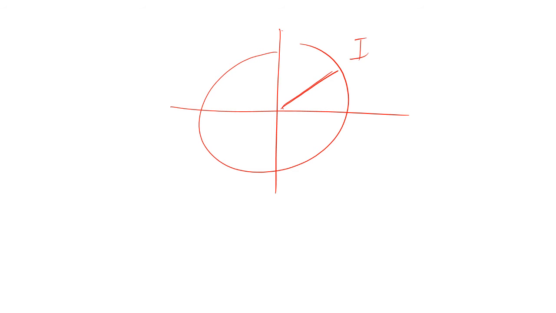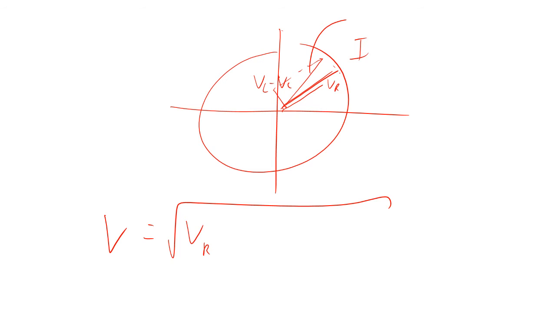Total current, voltage in the resistor, and that's going to be VL minus VC. Well, we've got these two vectors, so by the Pythagorean theorem, the total V is going to be the square root of VR squared plus VL minus VC squared. Well, if we plug it in,